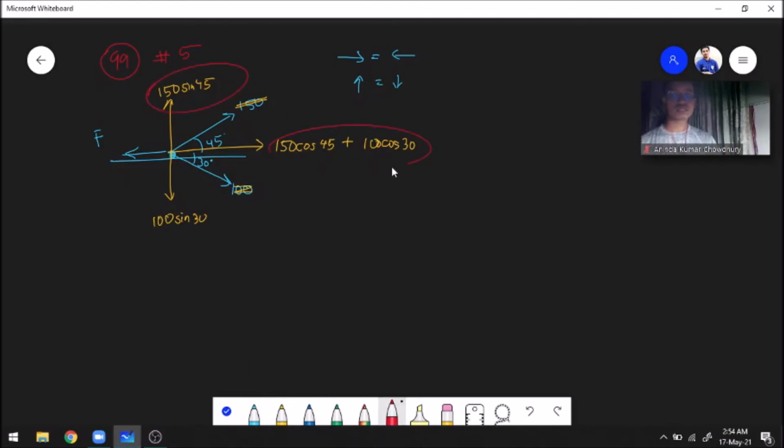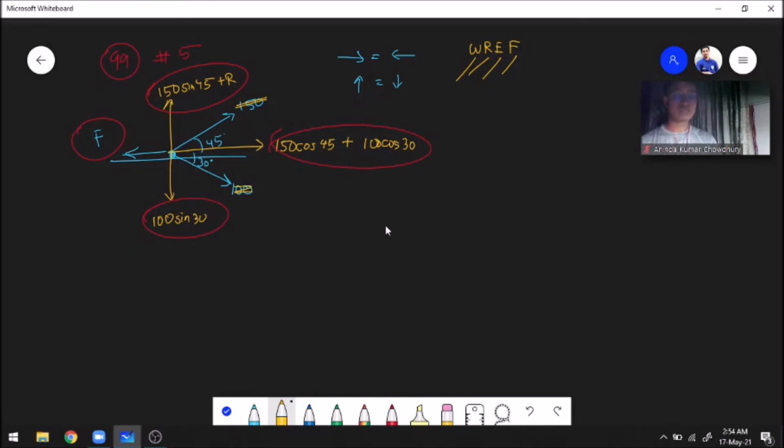So let us circle our forces so that we have a clear idea of what's going on. One more force that we have to put here is our normal reaction. Just a reminder, make your checklist. Have you put the weight? Nothing about the mass of the particle is given here, so it is not necessary to put the weight. We have put the normal reaction, we have put the external forces, all the forces are external, and we have put the friction. So that should allow us to calculate this value of F.